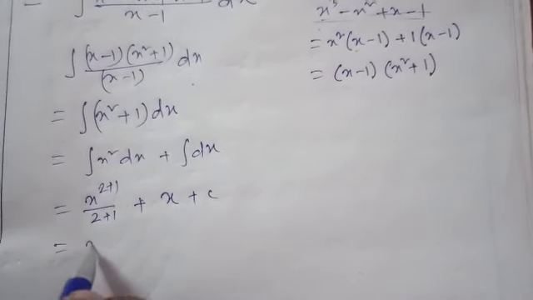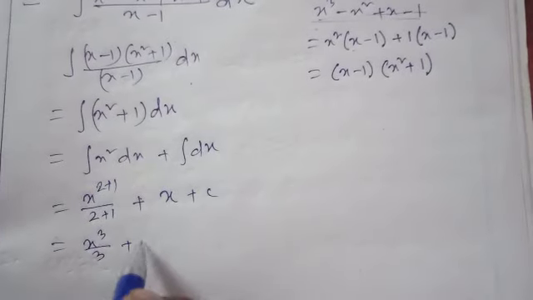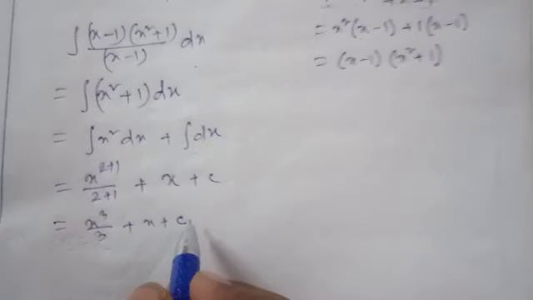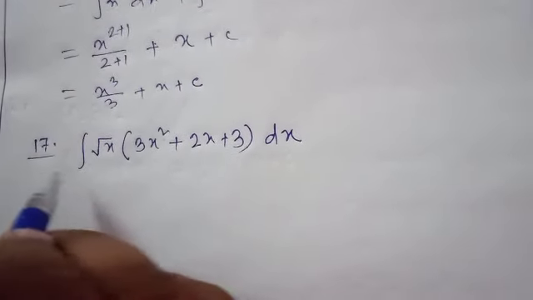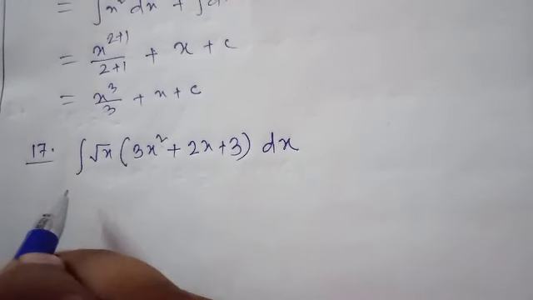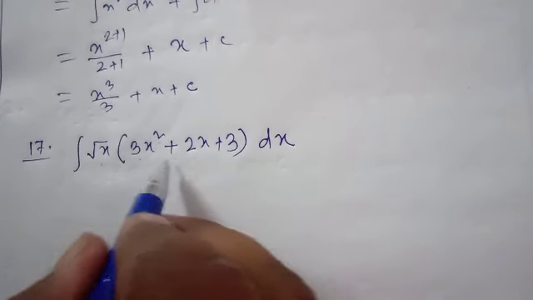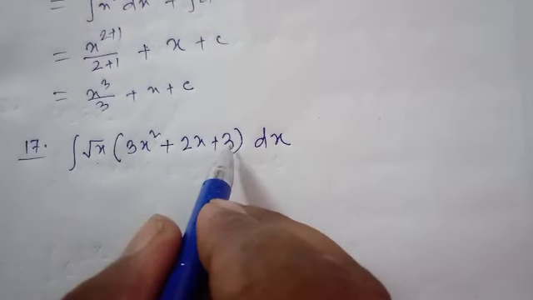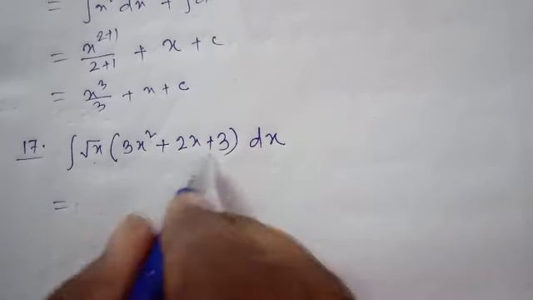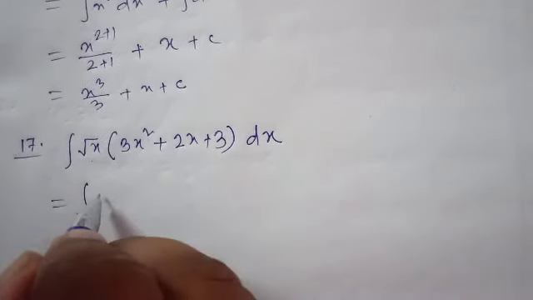So that means x cube by 3 plus x plus c. Next I move to sum number 17. So here root x into another function, 3x square plus 2x plus 3, into dx. So how you first simplify it, you multiply it, you will get